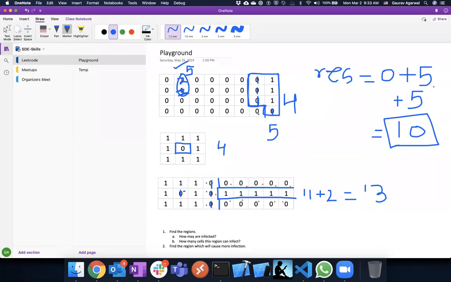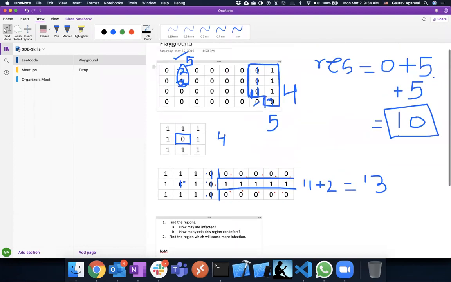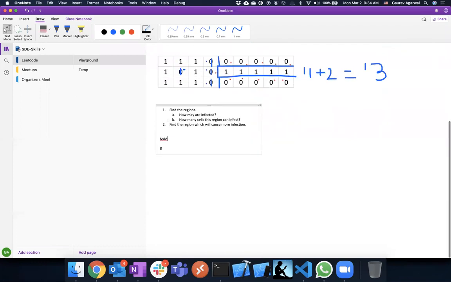Let's say for this cell right over here, the cell on the top, this one can also affect this region, this cell, and this can also affect this cell. And yesterday, or on Friday, I recall we talked about that given a matrix of n cross m, it's easy to figure out. Let's say given a number 8, and n is 1 2 3 4, 1 2 3 4 5 6 7 8, so we have 4 cross 8.